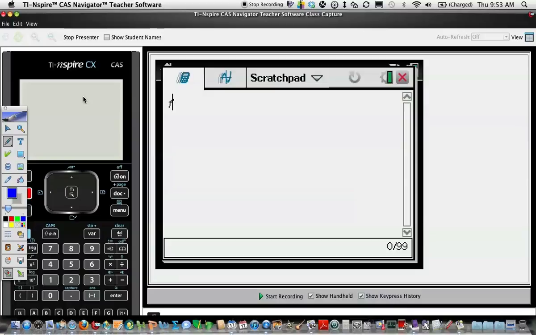We could type F1 parentheses 0.999, let's say, let's do 3 nines, and then outside the parentheses, minus F1 of 1.001, right, that'd be symmetrical, and then divide that by